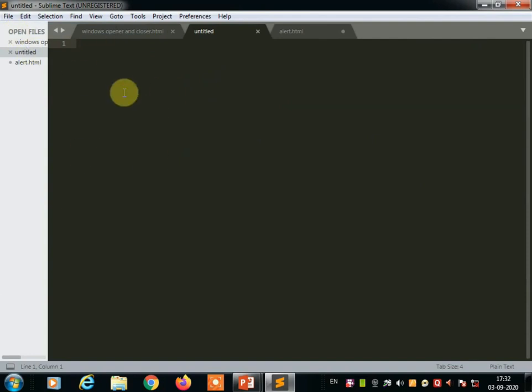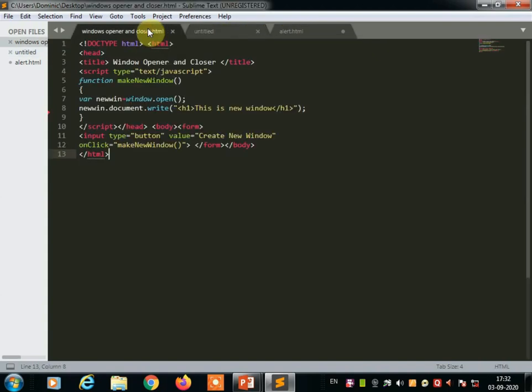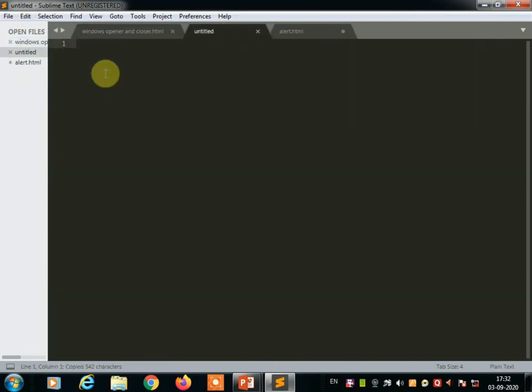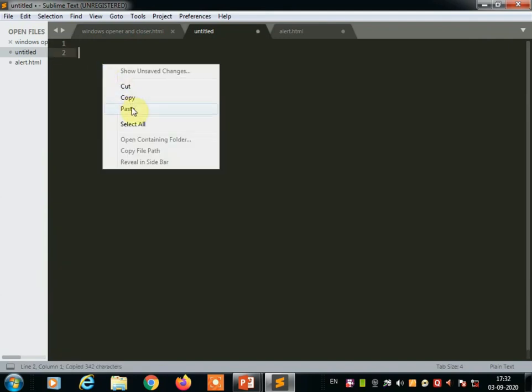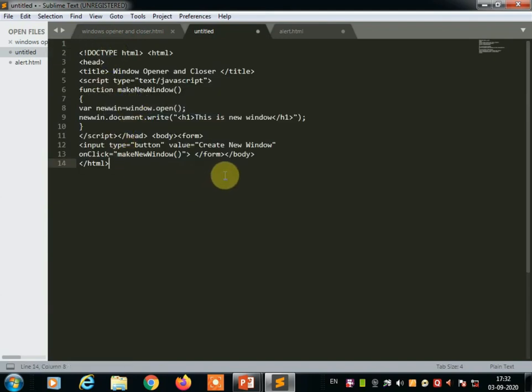Any program you have written previously, you can copy here and straight away write the program, so you can save your time. So I am copying the program which was written in the last lecture. I am going to copy this program and paste it in the new window, so I can save time. Once you have pasted this program, you can edit it. So let's start with how to display the alert message.